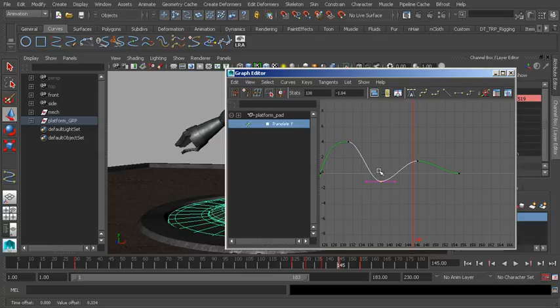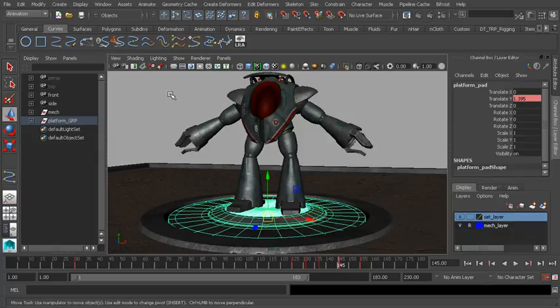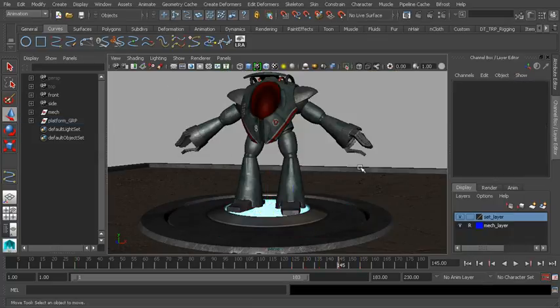And feel free to retime this. If you feel that this is happening too slowly, you can shift this over about one frame to about 137. One frame sometimes actually makes a difference. And then you can grab your tangent and add a little bit of an overshoot to add more of a push to the animation so it doesn't feel robotic. So watch